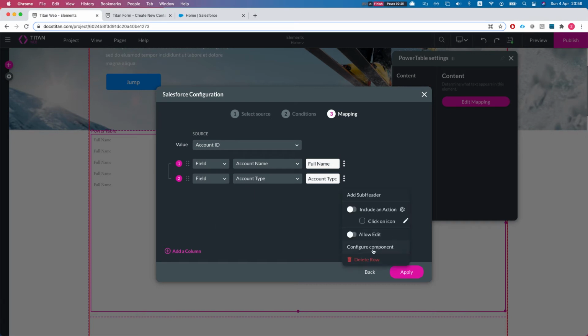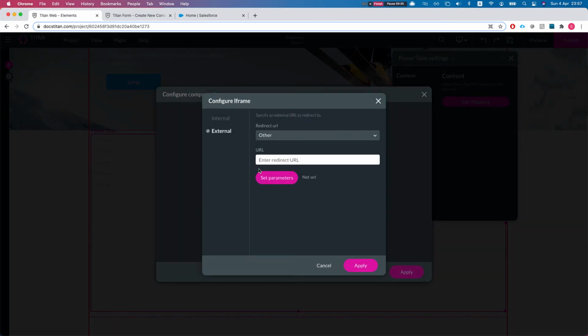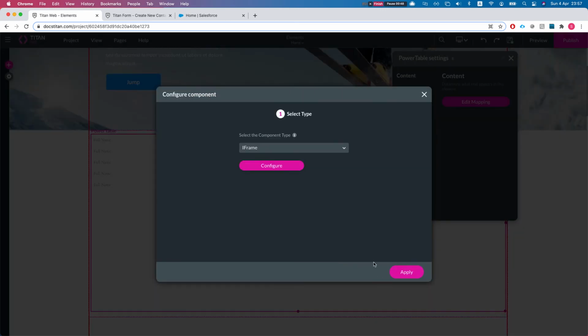What we can do here on any column, and I'm going to add a static one in a second, is click configure component and select an iframe. And this iframe I can redirect to an external source with a URL or something internal, and I can pass in parameters, and I'll show you how amazing this feature